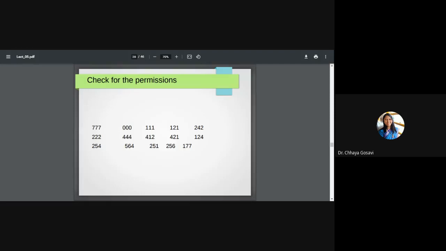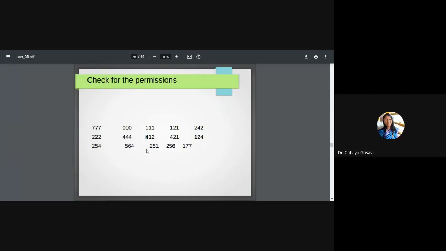Can you check what this permission means? 412. What is the meaning of 4? Is 4 for owner, user or group? Owner. It is for owner. 4 means which access? Read, write or execute? Read.